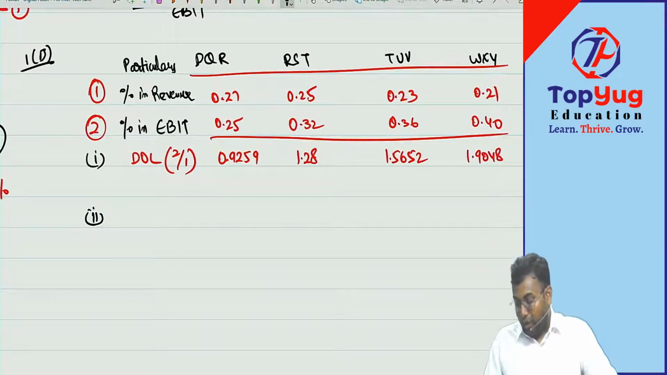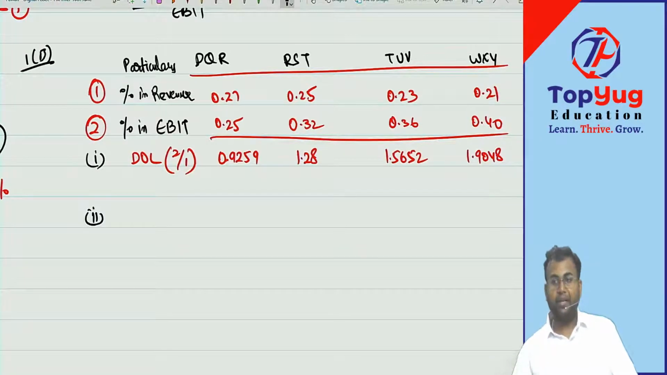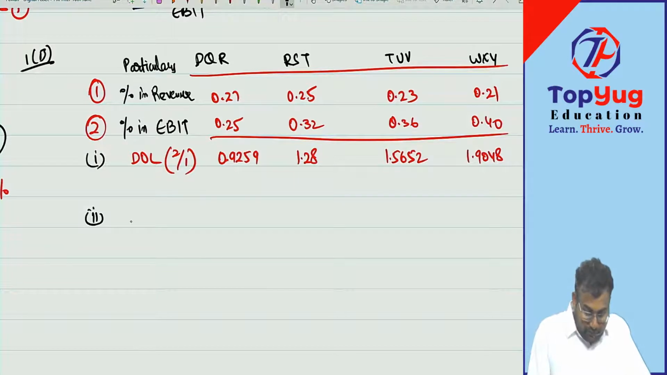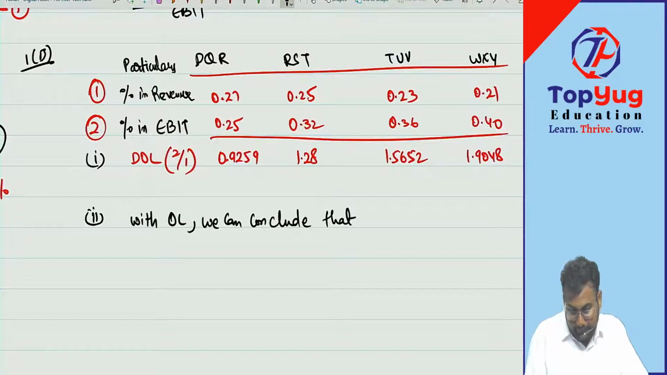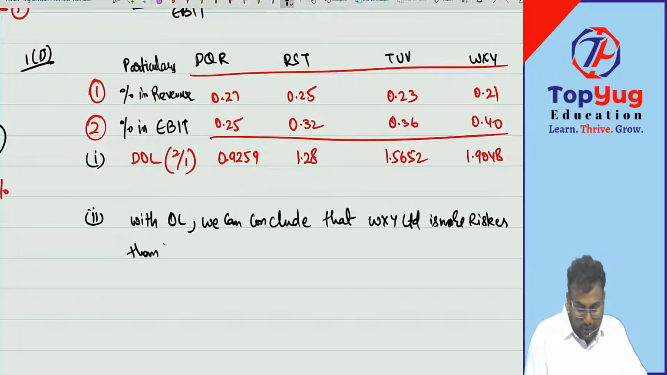Second bit. Use the operating leverage to explain why these firms have different beta. So with the operating leverage, one thing we conclude is that WXY Limited is more risky than TUV, and in turn